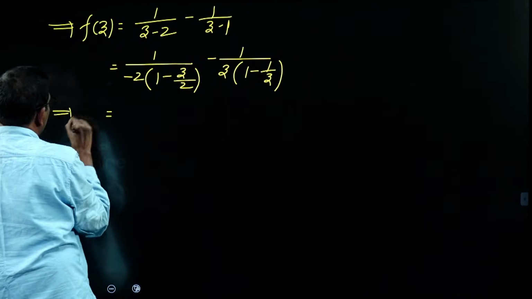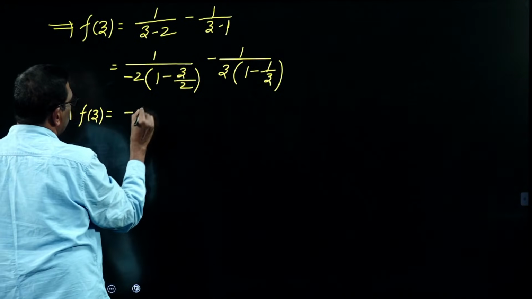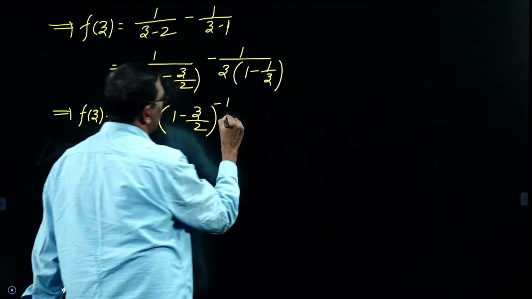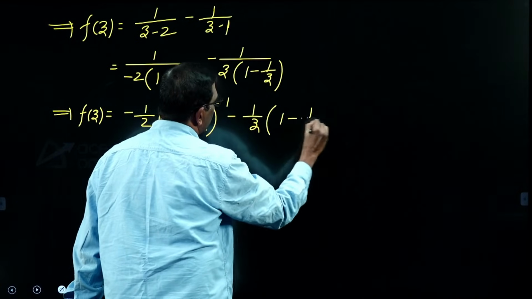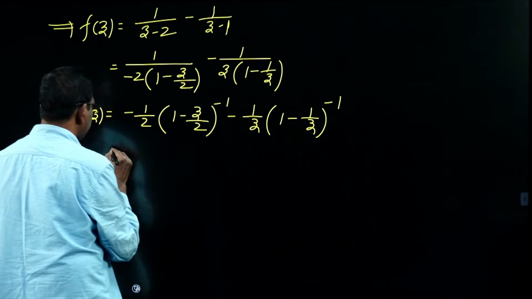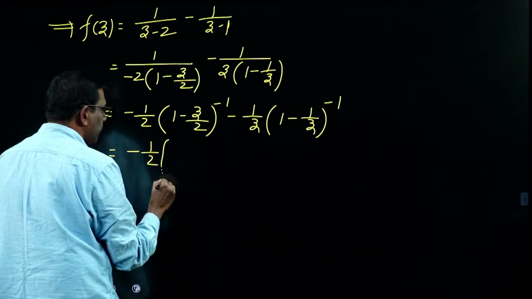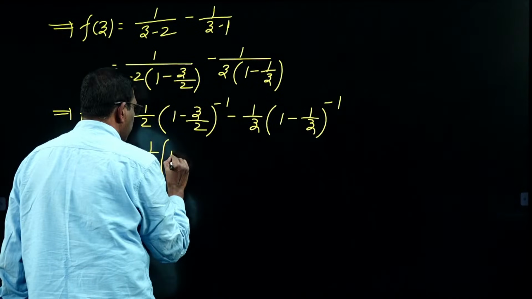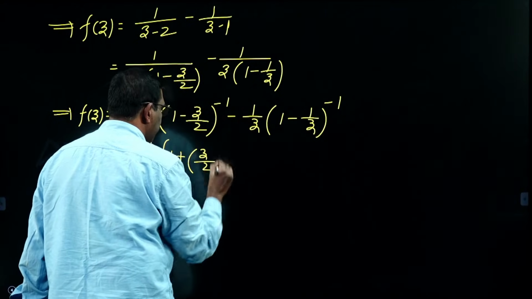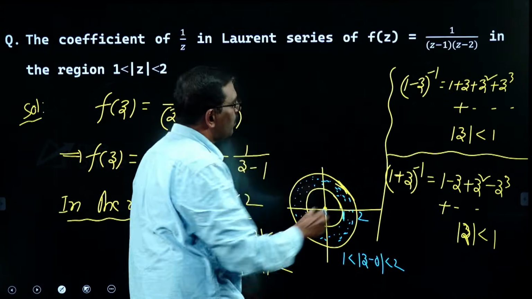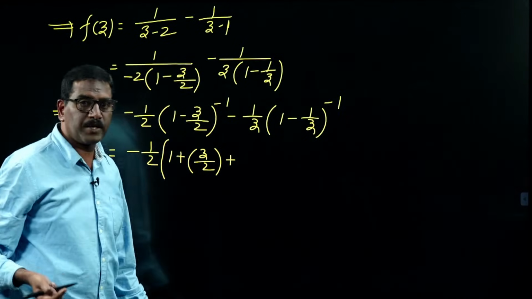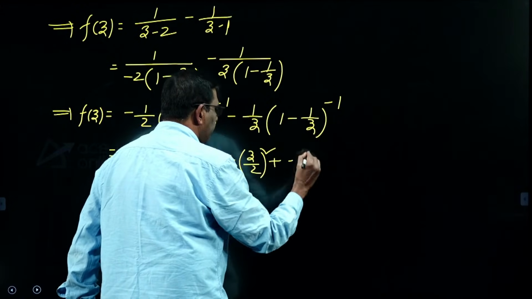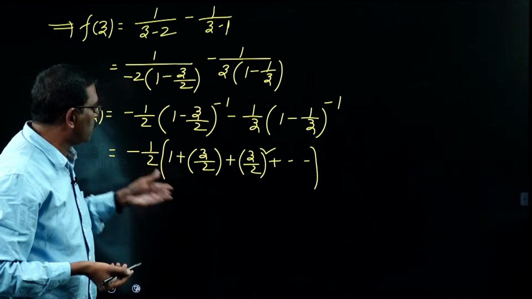So, what is f of z? f of z is equal to minus 1 by 2 into 1 minus z by 2 whole power minus 1, minus 1 by z into 1 minus 1 by z whole power minus 1. Minus 1 by 2 into, this is in the form 1 minus z whole power minus 1. What is the 1 minus z whole power minus 1 expansion? 1 plus z. In place of z, z by 2 is there or not? 1 plus z square. Even if you apply the Laurent series formula, you will get the same answer,